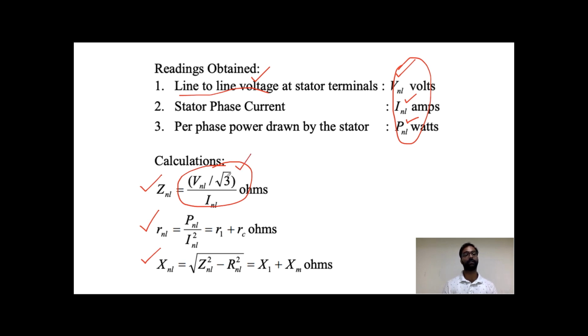Resistance we can find, as we all know, from P equals I square R at no load condition. So we can directly find the resistance from this formula, and the reactance we can find from the simple formula Z square is equal to R square plus X L whole square. Okay, so